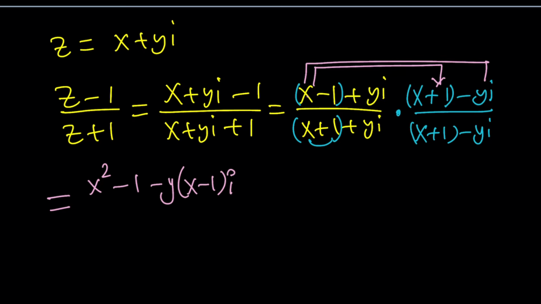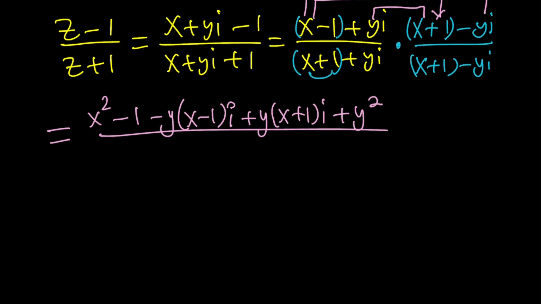I want to put the i at the end. And then these two give me y times (x plus 1) i. And then at the end, yi and yi is y squared i squared, but there's a minus sign. i squared is negative 1, so this is going to be plus y squared. Get the idea? And divide the whole thing by